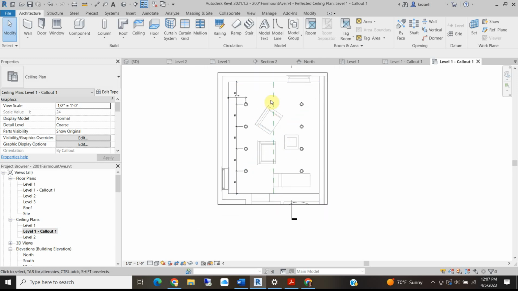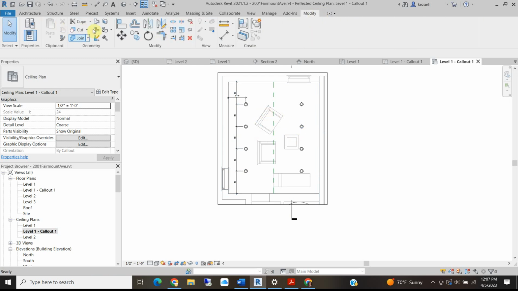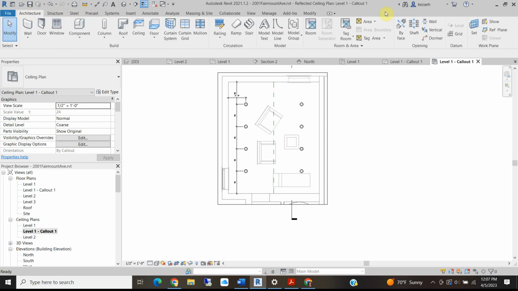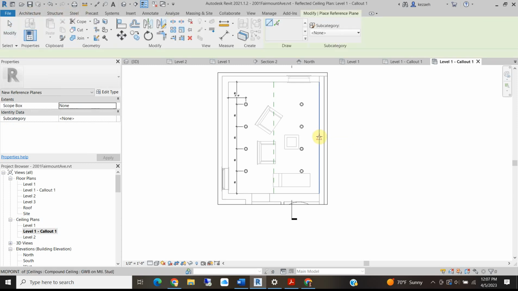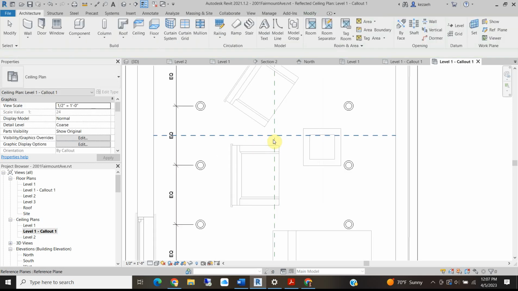Okay, so this furniture doesn't feel like it has a very particular way it needs lighting. It feels pretty random. It feels like it could move. I don't want to be wed to that. So I'm going to assume I just want to put my fancy fixture right in the middle of the room. So I'm going to type in modify for architectural reference plane. I'm going to grab the center of this room so I have it,